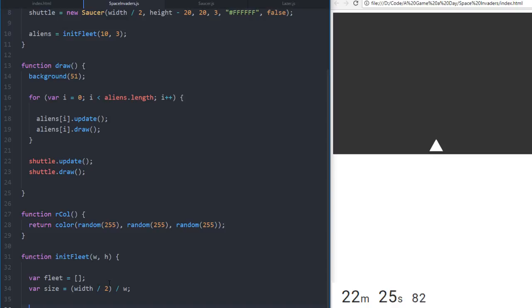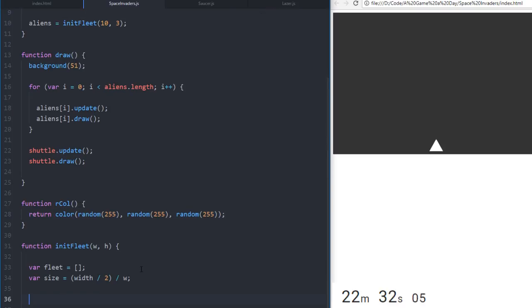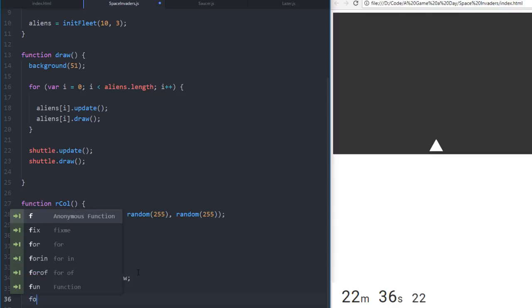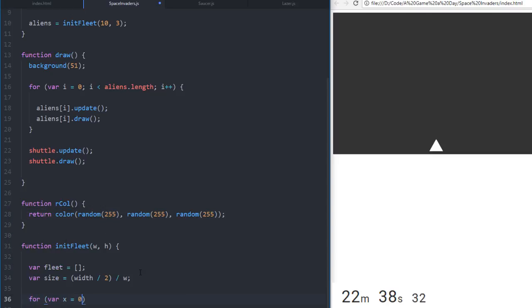I'm not going to make them stacked so high that it matters, but we will say for var x equals 0, x is less than,